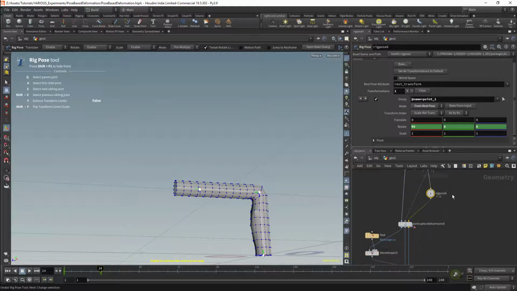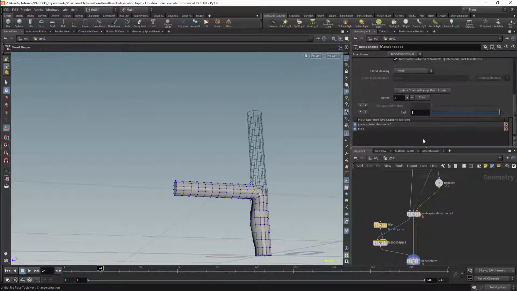Since this is stored in an attribute, it's very easy to implement. We can select the blend node, and we go to set an expression in the parameter. This is a point expression, so we'll use the point function. We'll fetch the attribute from the rig pose node. So this will be a string,